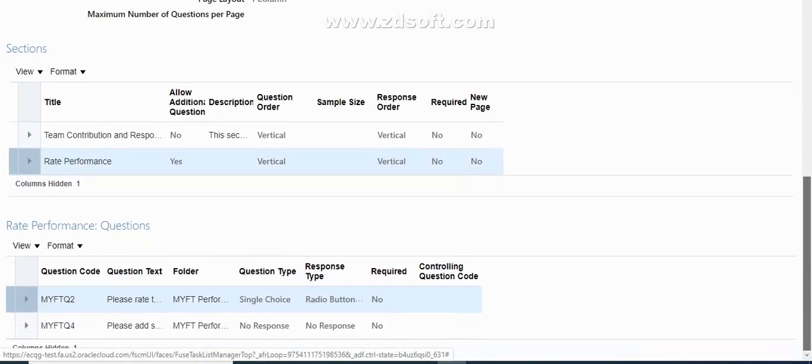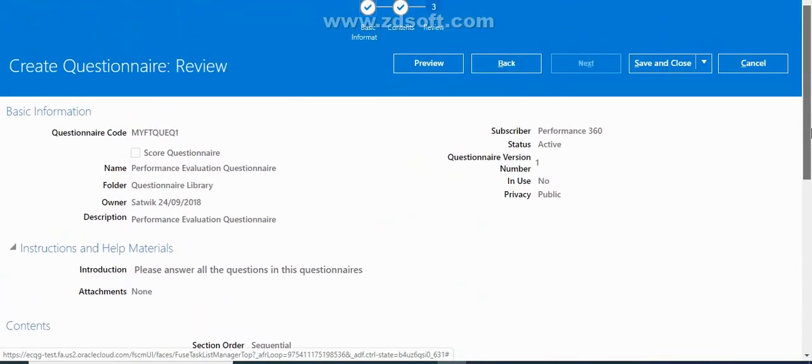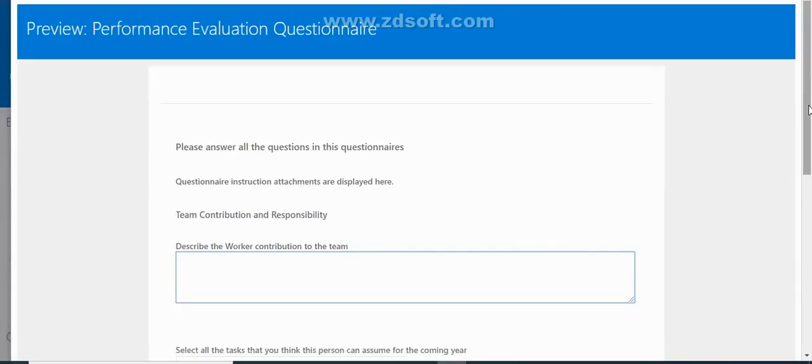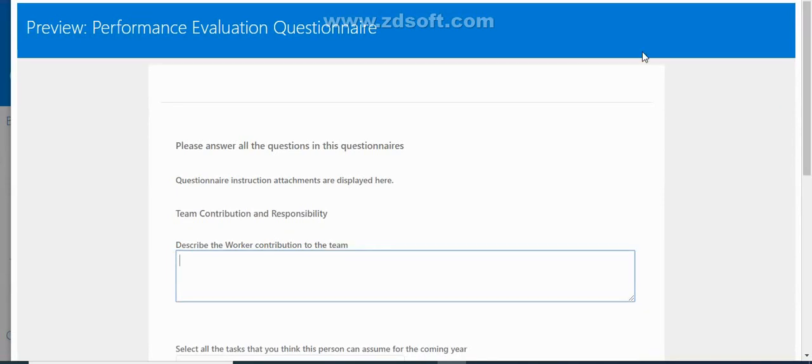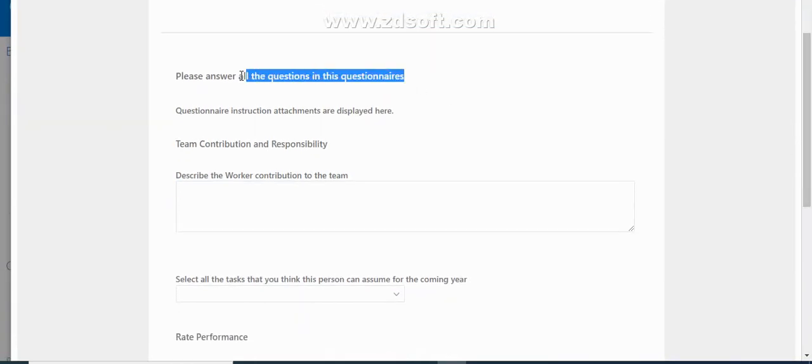next. Yeah, we can review all the things that we have attached to the questionnaire, and then click on preview before you submit the questionnaire. Once you click on preview, you can see our questionnaire. So this is my questionnaire name, performance evaluation questionnaire, and then this is the instruction that I have passed in